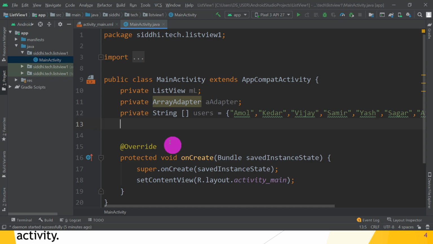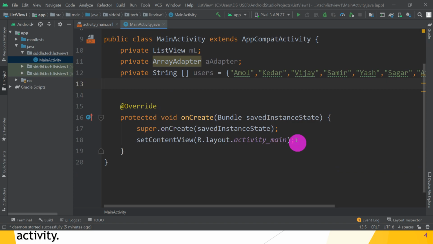Objects are different, they contain the actual data, and the base reference is stored in these reference variables. Great. Now the array adapter is an intermediator between the list view and the source, that is the string array. Great. Now move to your MainActivity.java, which content view is associated?